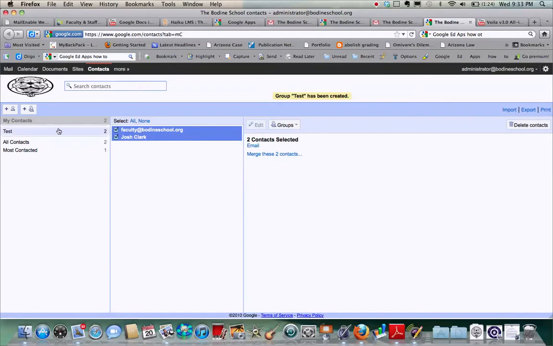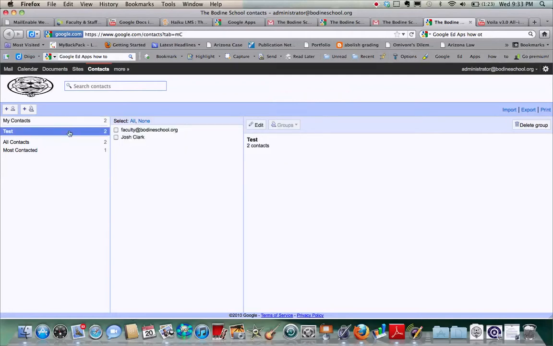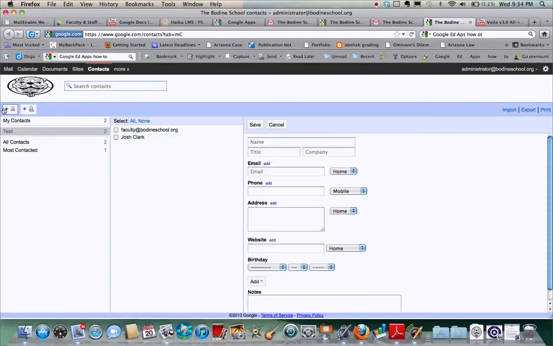So now, in addition to my contacts right here, which include faculty at Bodine and Josh Clark, I can come over here to test. And under this test group, I have faculty and Josh Clark. And I can edit this and change the name of it. Or if I were to create another contact,